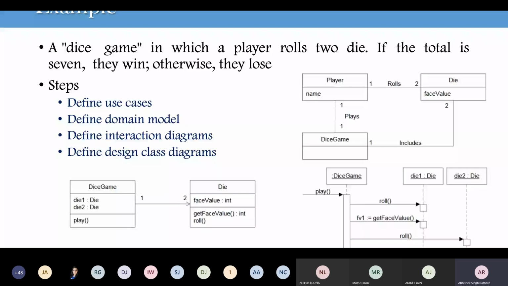And then finally we have the design class diagram, where we identify the attributes and functions available for our implementation. So these are the steps of our object oriented analysis.